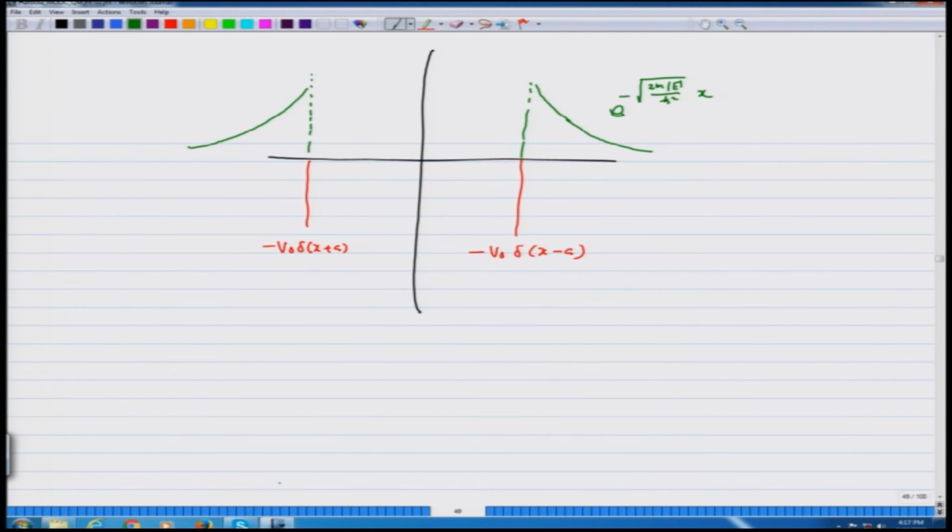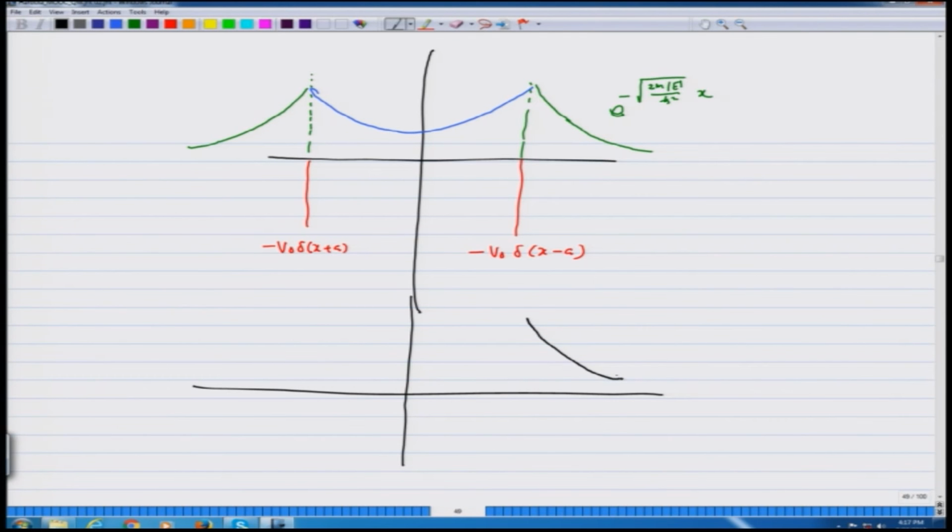In between I am going to have either symmetric or antisymmetric solutions. So, symmetric solution would be a linear combination of the two, and let me show on the lower side the antisymmetric solution,